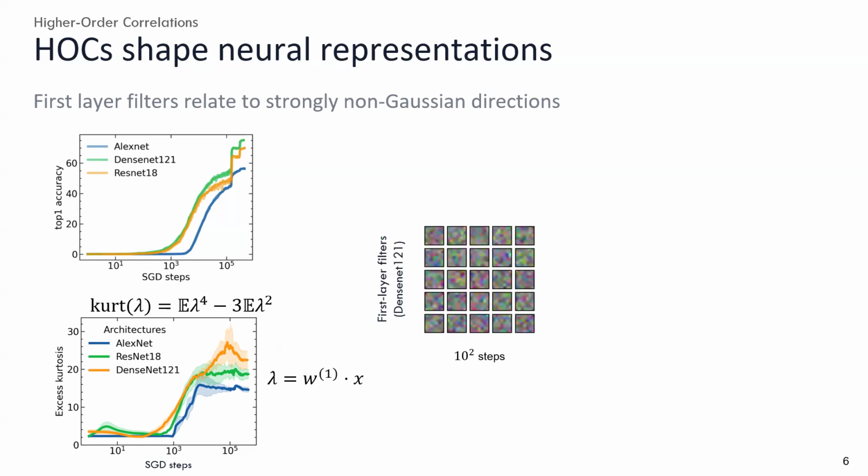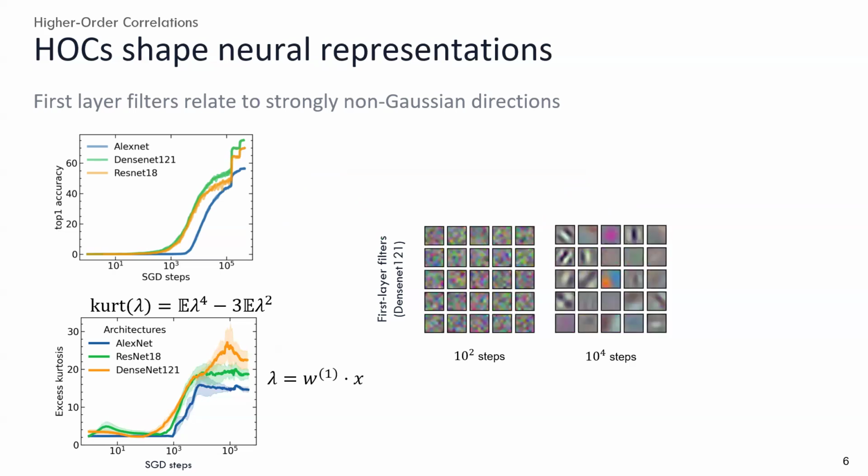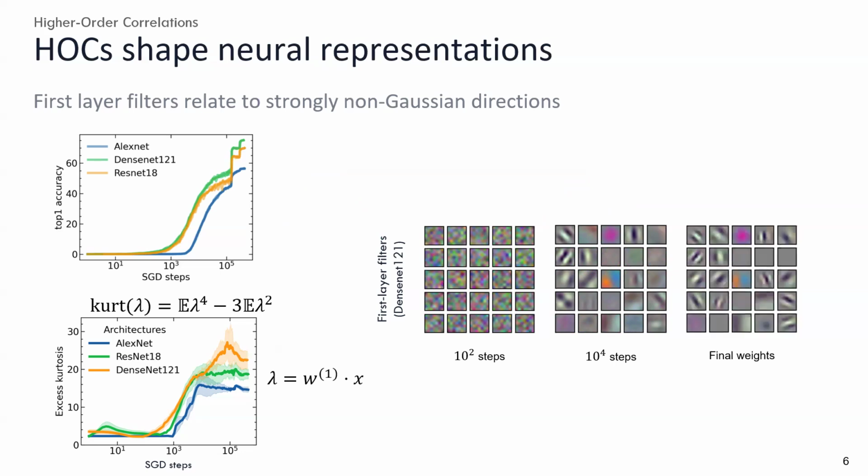At the beginning, they are very, very isotropic. As soon as you hit the moment in which you start learning your filters, bam, you can see the Gabor filters here and here. And then the filters won't even change so much. They will be a little bit more defined at the end of the training. But already after 10,000 steps, you could see basically all the shapes of the filters.